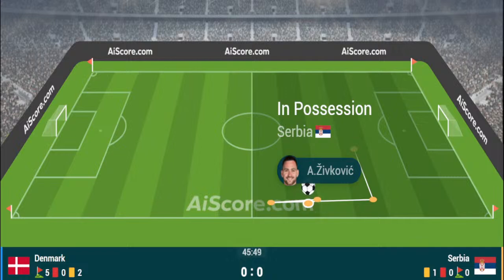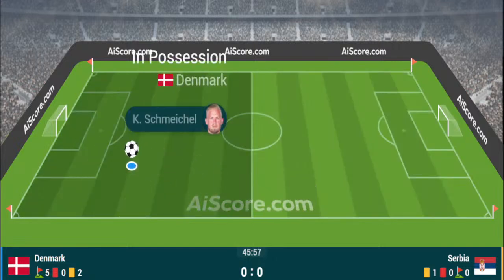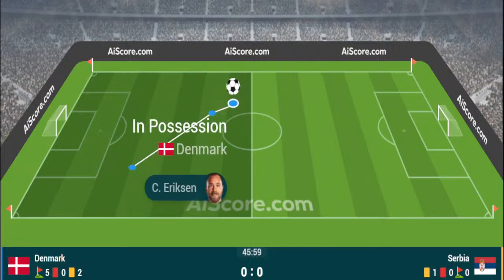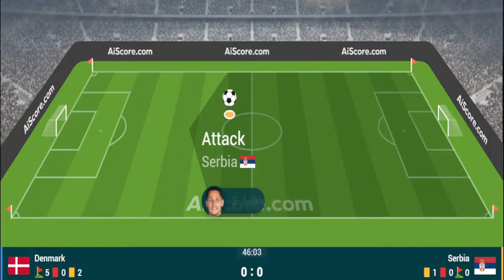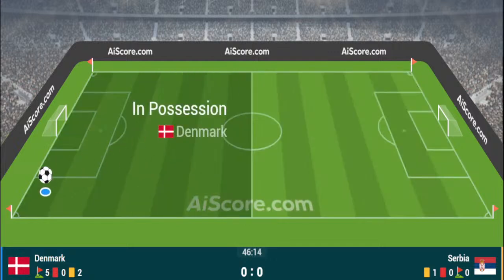Themselves a chance of qualification for the last 16 of Euro 2024. Denmark 0, Serbia 0. We're all set for kick-off at the start of the second half, and indeed we are up and underway. A couple of substitutions to tell you about for Serbia, because Jovic and Tadic are the two players that come on, and really when you looked at the scarcity of what Serbia produced in the opening 45 minutes, you did feel as though substitutions were certainly going to happen. Whether it's those two substitutions, I'm not sure.